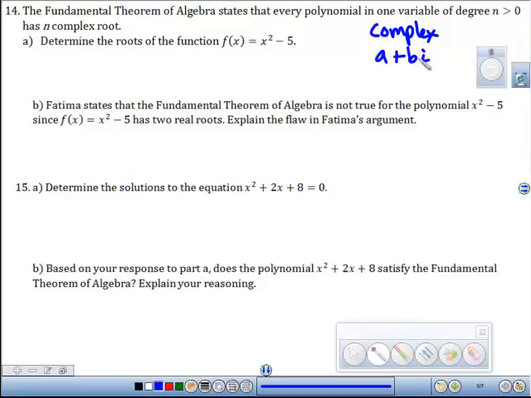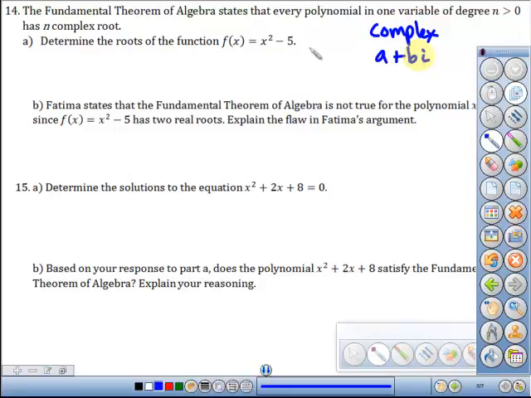Now since this side has an i, that means that this is the imaginary part, and let me highlight it. This is the imaginary part, and then the a value, that's the real part. So every number is technically a complex number. It's just that if I have a number like, say, 6, what we can't see is the imaginary part because right now it's plus 0i. 0i means 0 imaginary part. So this is true